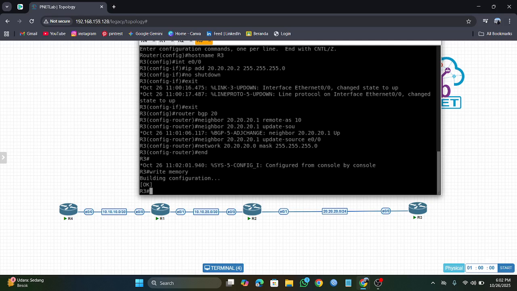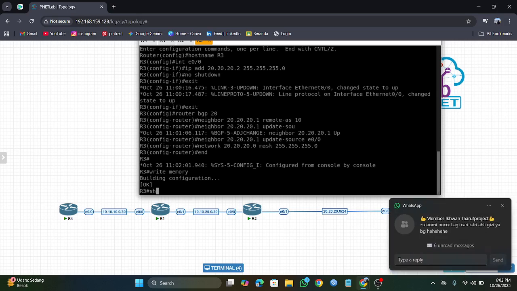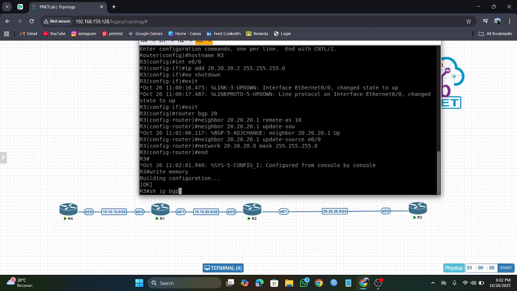Okay, now here we will check the BGP table. The command is show ip bgp. Enter.